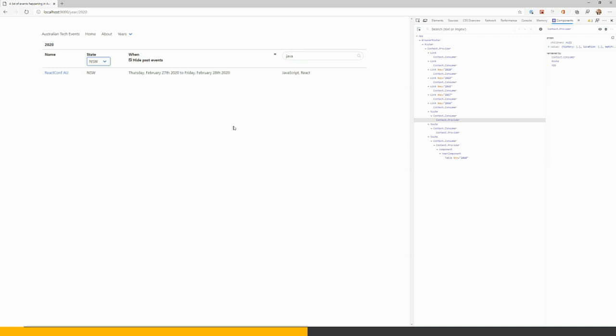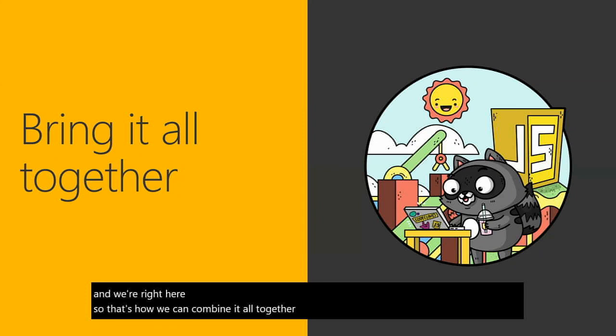But the thing that I needed to do to get that data, to process it, to turn it into a JSON payload that I can consume in my React application, was maybe too complex to write in JavaScript, or I had it written already in another language, and I've now just compiled that down and we run it here. So that's how we can combine it all together. And hopefully that all makes a little bit of sense.